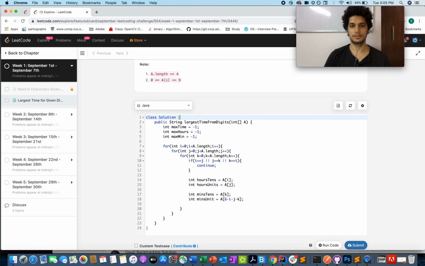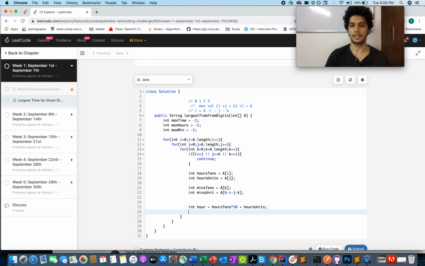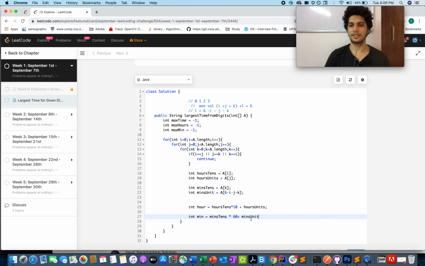Writing it above, let me just calculate the hours part. Integer hours equals hours tens into 10 plus hours unit, and similarly calculating the minutes part on the same logic: minutes tens into 10 plus minutes unit.